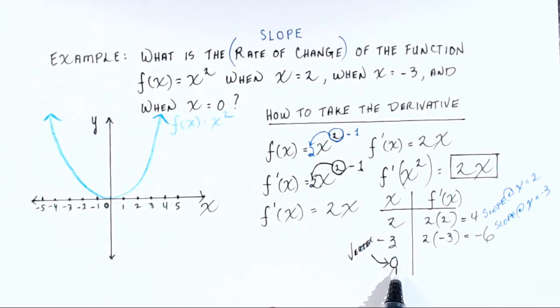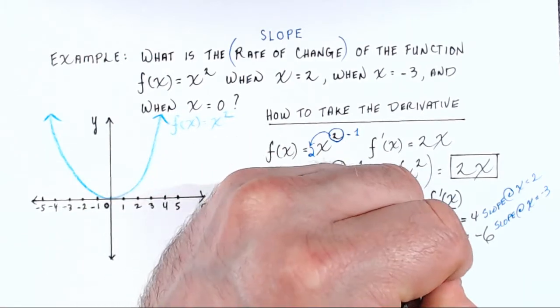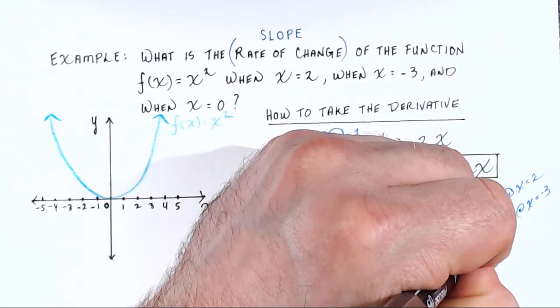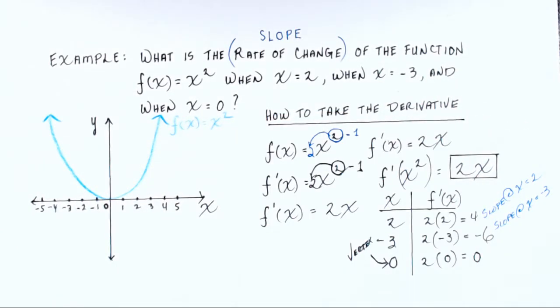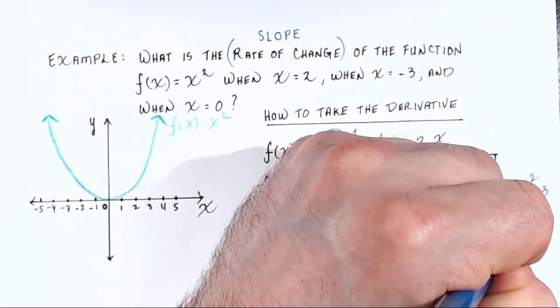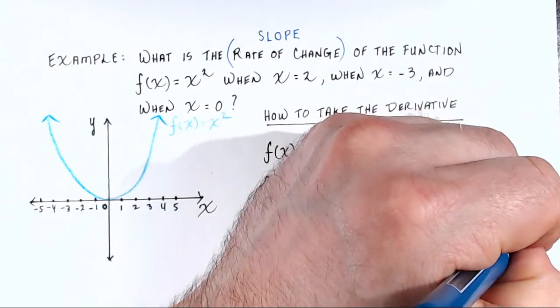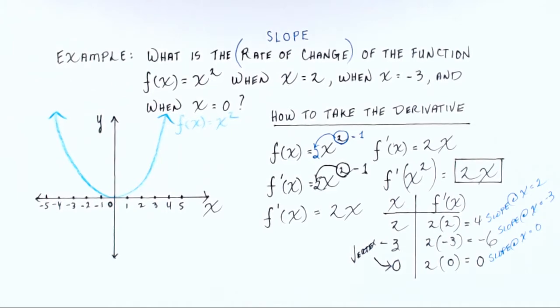So let's evaluate f prime x at 0. That would be 2 times 0 equals 0. So that's confirmation, right? The slope at the vertex, or the slope at x equals 0, is just 0. Okay? So if I was going to draw those slope lines in,